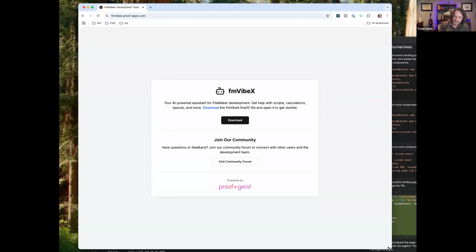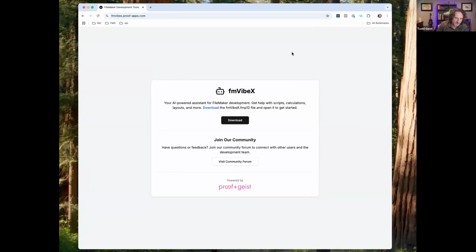That's the goal here. Primarily because when I write FileMaker, now that I've got the AI coding tools with Cursor, it's really hard to go back to a scenario where I'm having to point and click around a UI to write code. It's just very challenging. So this is my own personal experimentation into that.